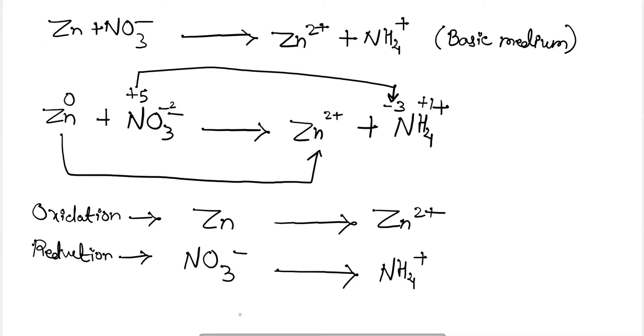Okay, so now let's start the balancing. For the first, that is the oxidation half reaction, first we have to balance the metals, then the non-metals, and any other element other than oxygen and hydrogen. So here we know that zinc is 1 here, and zinc is 1 also here, but we will see that the charges are unbalanced. On the product side, Zn2+ is there, and on the reactant side only 0 charge is there. So here we have to add 2 electrons on the product side in order to balance the charge.